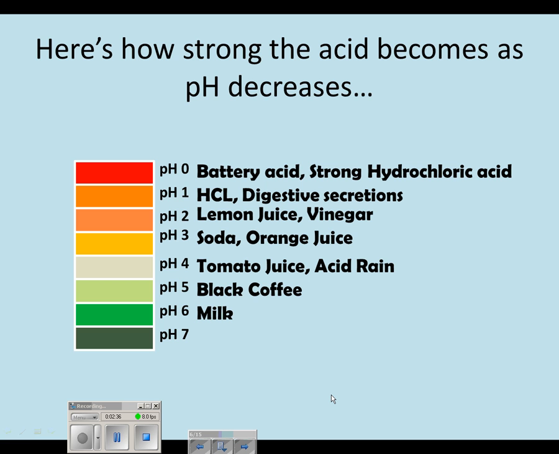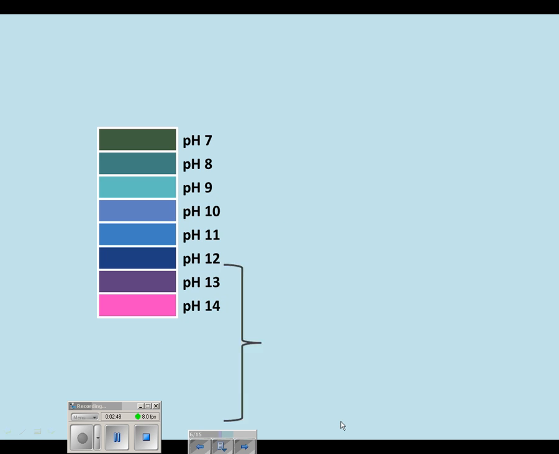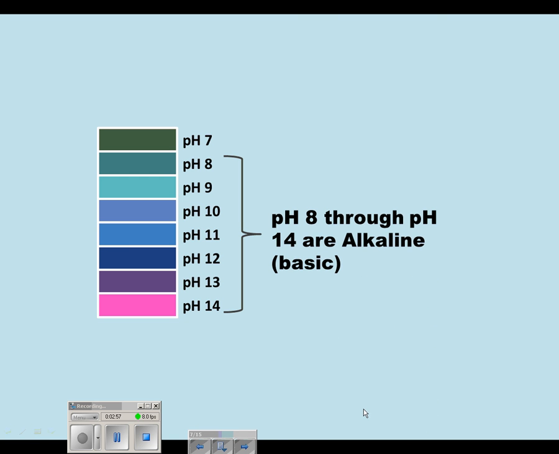Now, in terms of acid and what this means, it's actually the amount of free hydrogen ions. So when you're talking about acid concentrations, you're actually talking about the amount of hydrogen ion concentration. Let's look at bases. Now, in bases, we're actually looking at hydroxide concentration, so OH negative. But here, pH 8 through 14 are going to be alkaline or basic,